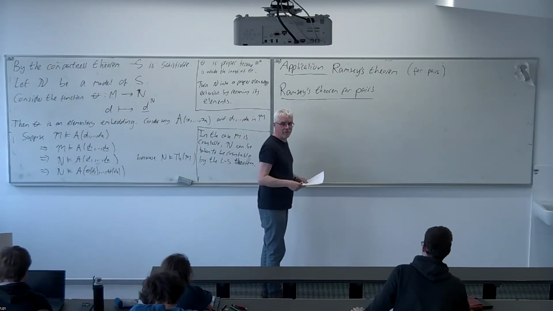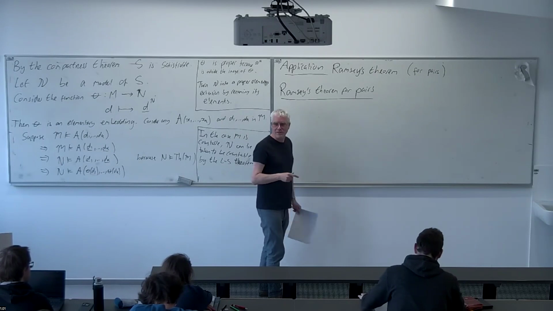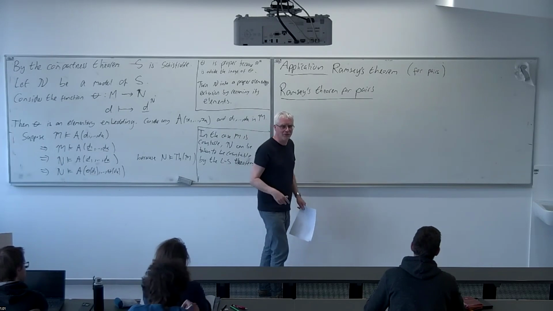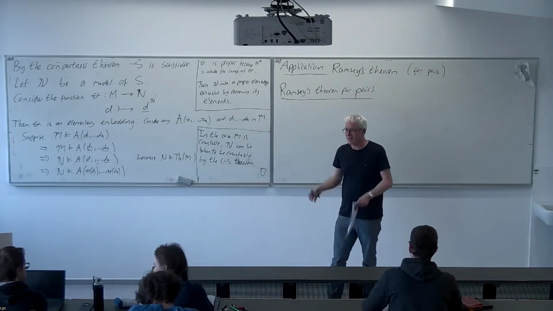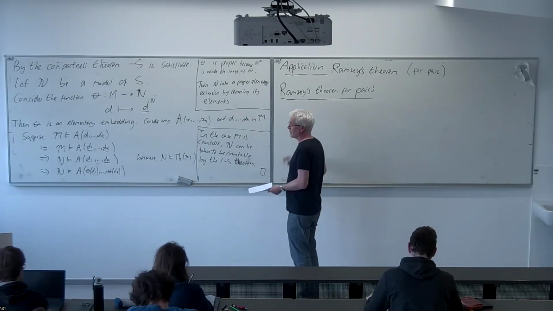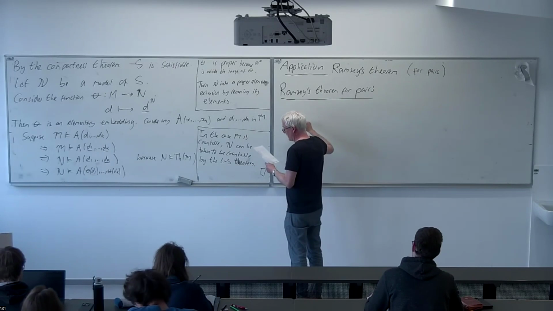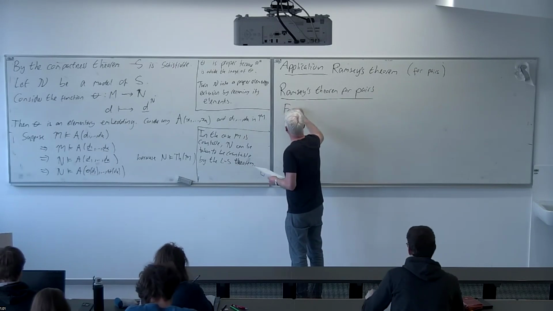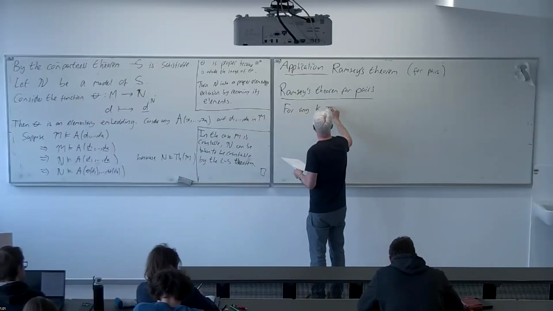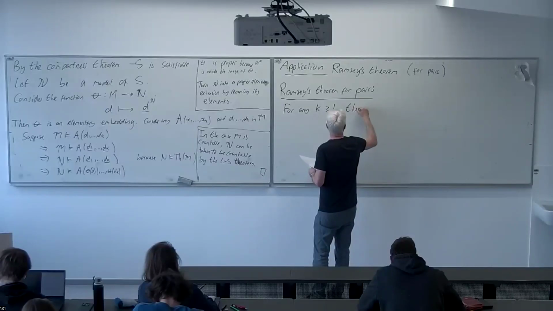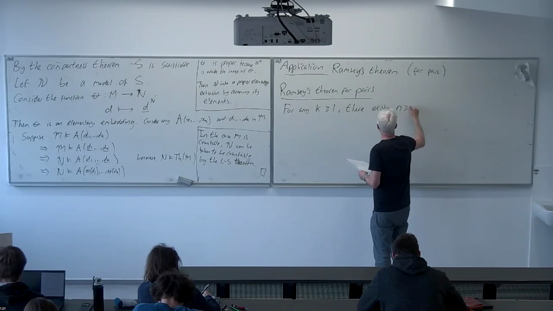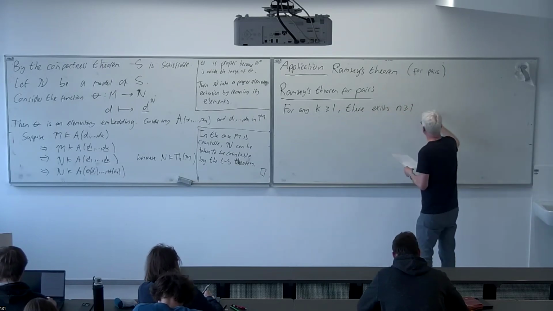Anyway, Ramsey's theorem for pairs. Hands up if you know Ramsey's theorem. If you've done a course on discrete mathematics, at some level you eventually get to Ramsey's theorem. The version for pairs is this: for any k greater than or equal to 1, there exists an n greater than or equal to 1, such that